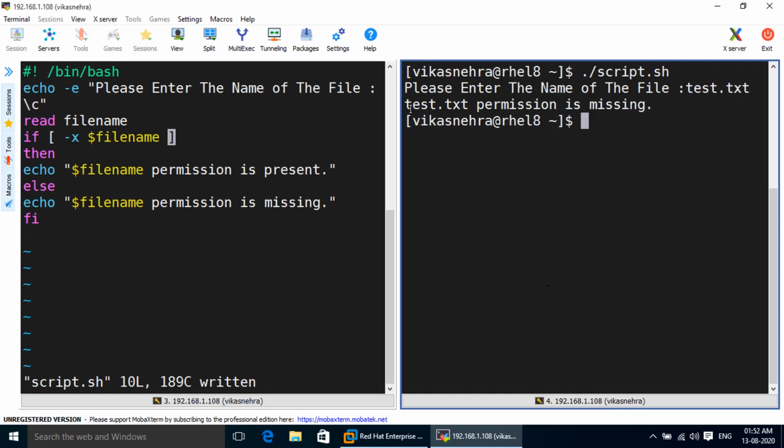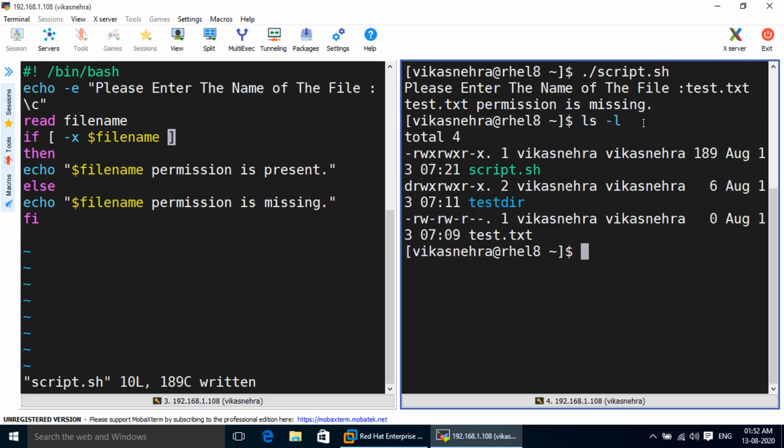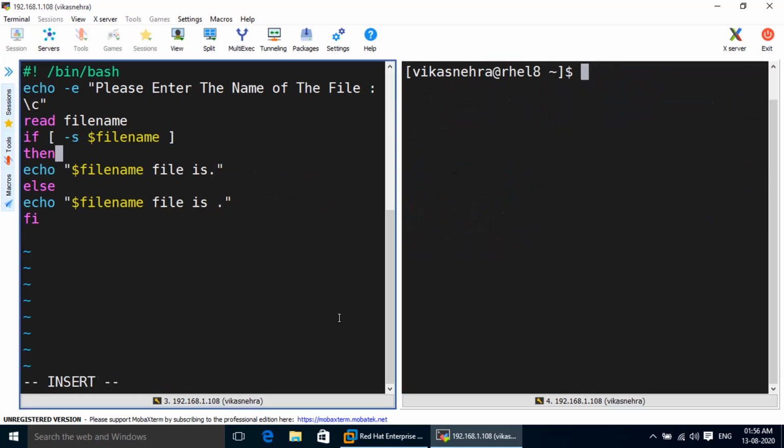So it is showing us the execute permission as missing, because we know that by default execute permission is not present on files in Linux, and you can see that there is no execute permission. That is why it is showing test.txt permission is missing.